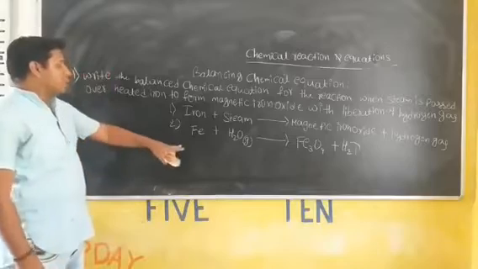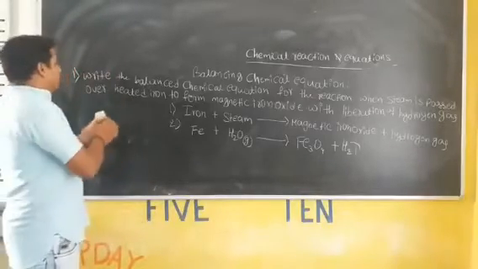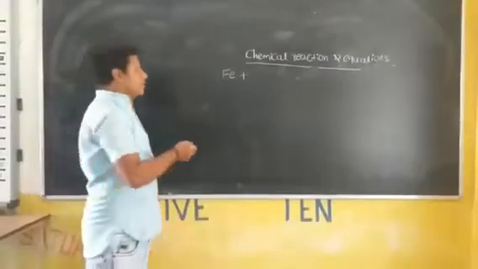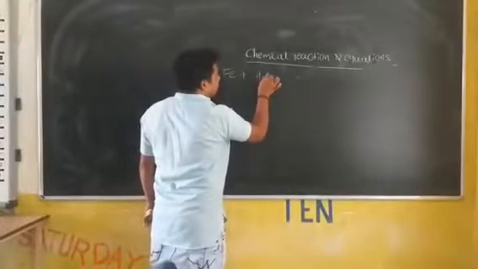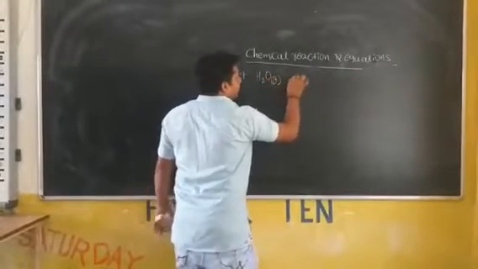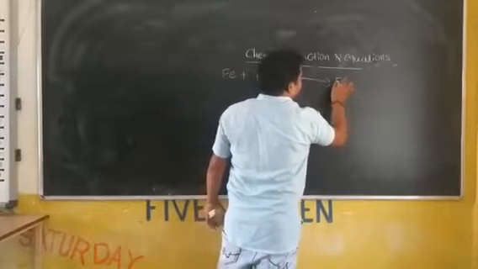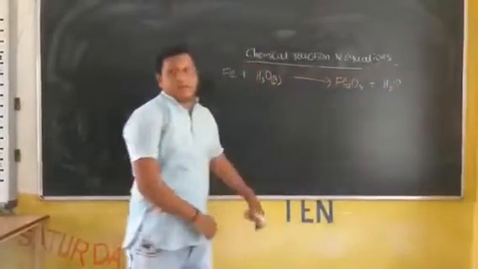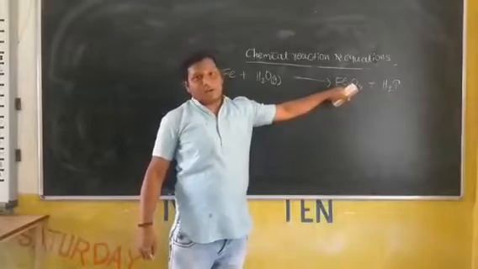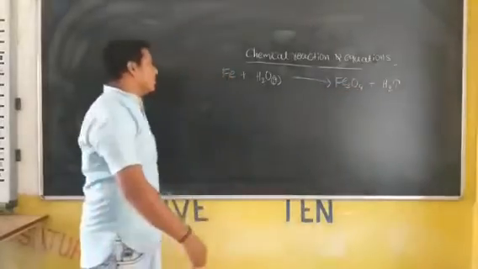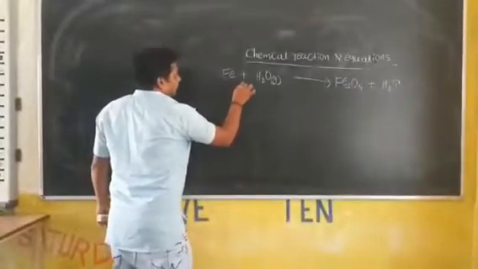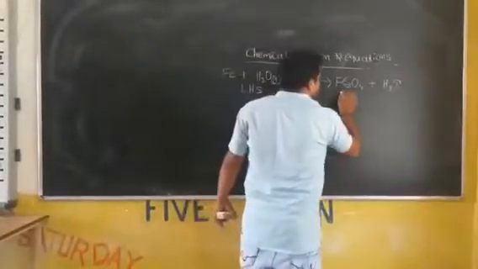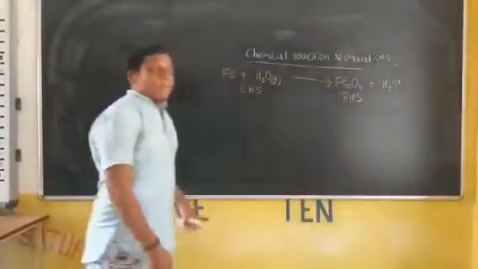To balance that, you should make a table. Okay, I will draw and write it in a neat form. Our equation is when Fe reacts with H2O, in the gaseous state, it produces Fe3O4 with the liberation of H2 gas. Okay, this is magnetic black or magnetic iron oxide. We will call this by both names. Okay, now take this reactant side as LHS and product side as RHS. Okay, make a table.